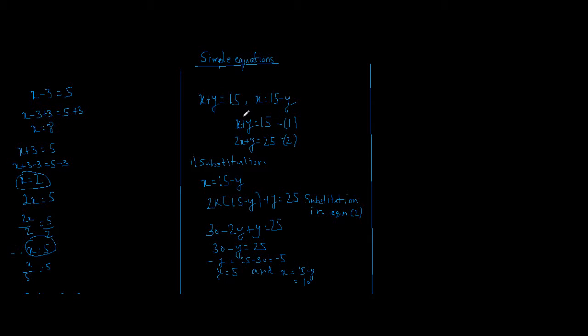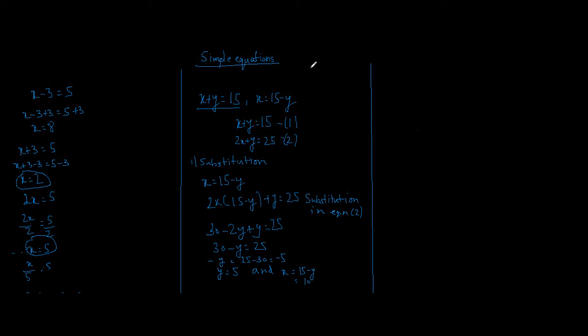So now here we have dealt with two variables or two unknowns, if we call them, that is x and y, and we found out that only and only one equation, x plus y equal to 15, was not sufficient to solve for x or y. But as soon as we got second equation, that is 2x plus y equal to 25, we were able to solve this problem. That means if there are two variables x and y, or two unknown values x and y, to be found out in an equation, then we do need two equations.